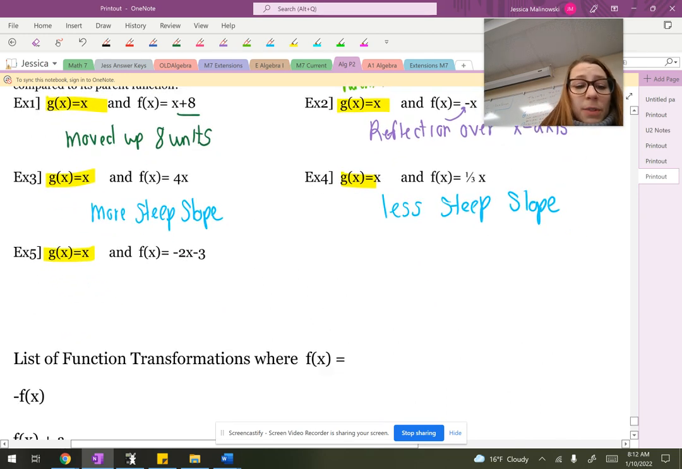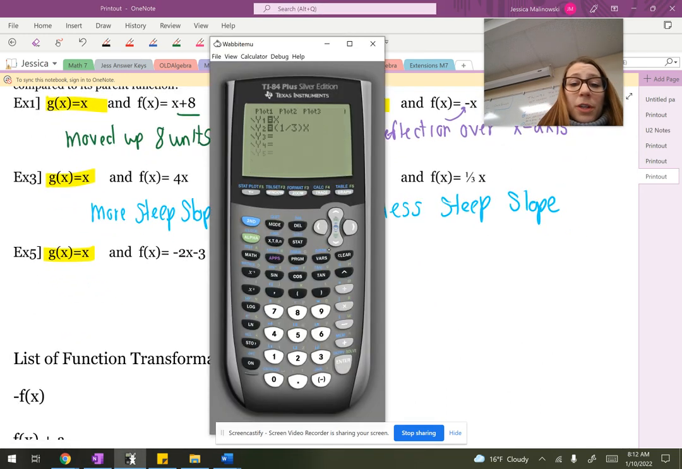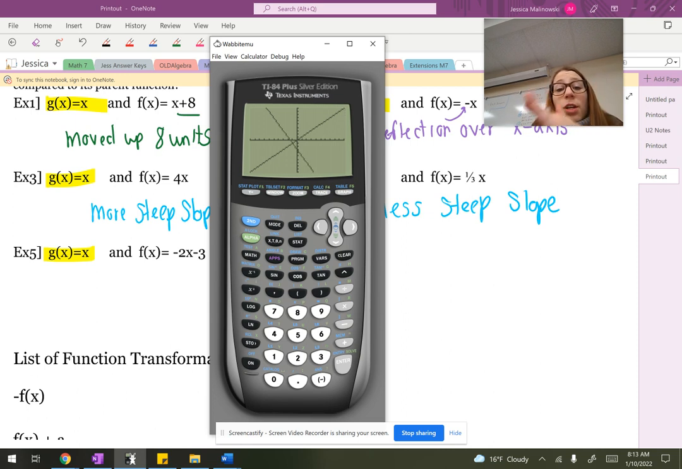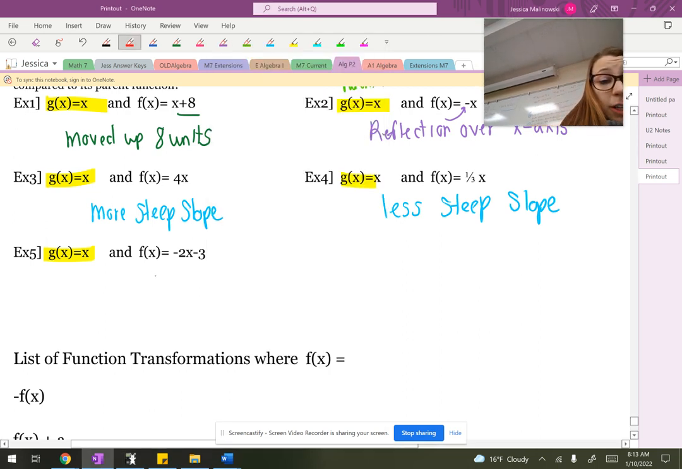And now, last but not least, in example number 5, we're going to have a whole bunch of different things happening. It's not just going to be one thing. It's going to be a combination of these things. So I've got a negative 2x minus 3. Okay, so let's see if we can pick out all the ways this line has changed. Well, first, I can see that it changed from a positive slope to a negative slope. So that's that reflection. That negative is that reflection